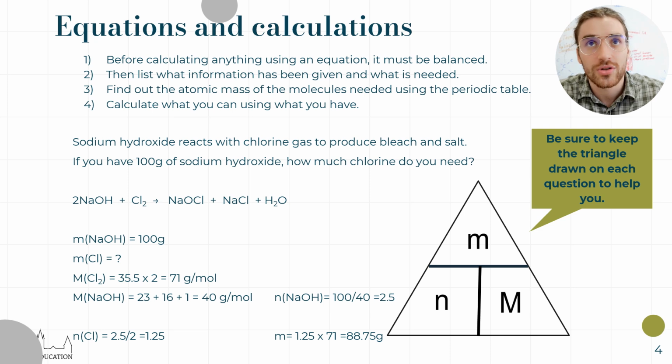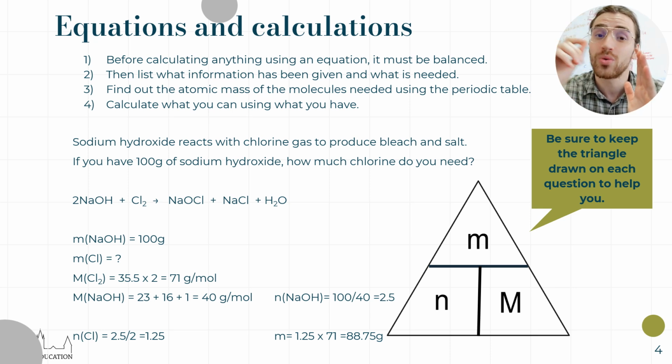Then usually what they'll do is they can give you the atomic mass, but if they don't give you the atomic mass, then work out the atomic mass for the molecule that you were given information about. Then you're going to find out what they are asking for. Are they asking for the mass in grams of a certain product? Are they asking for how much of the reactant to use? Okay, and next to that molecule that they're talking about, you're going to write, let's say, the number of moles,